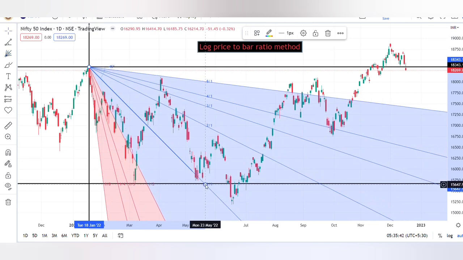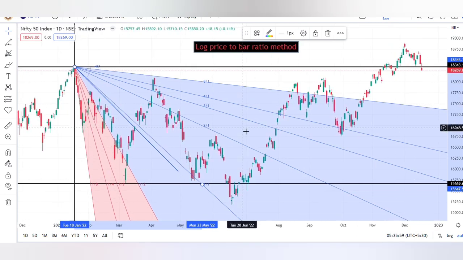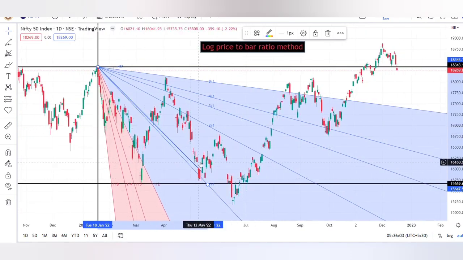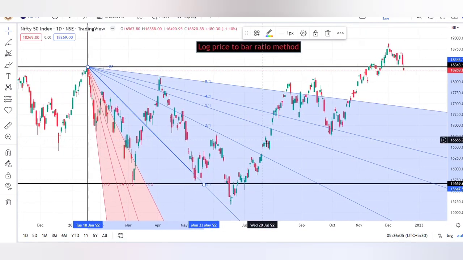Here we can see that the chart is respecting our Gann levels. Here resistance is working well. Here after breaking the resistance, it took support one time, took support two times, and then again started the rally. So for now everything is fine. But when we expand or contract, here we can see that the scale is changing. So how to avoid this?